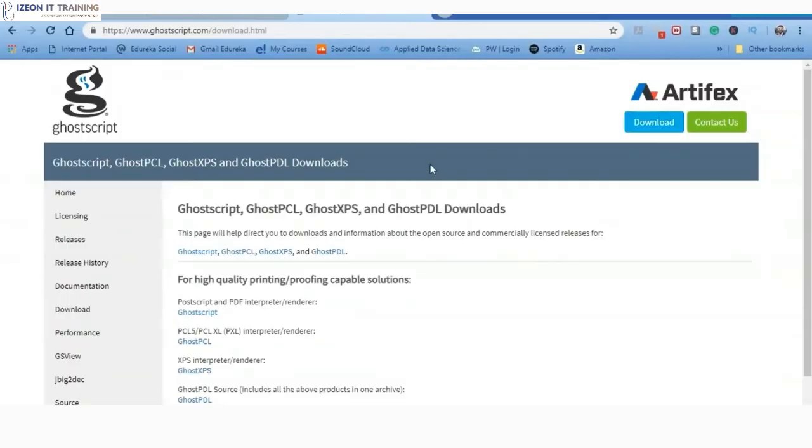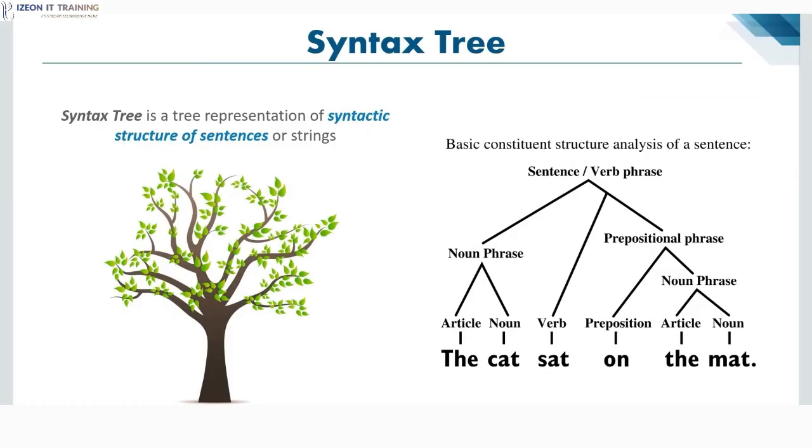So as you can see, we have two types of license here: the general public license and the commercial license. As creating syntax and following it is a very important part, it is also available for the commercial license, and it is very useful. I'm not going to go much deeper into what a syntax tree is and how we can do that. Now that we have understood what syntax trees are, let's discuss the important concept with respect to analyzing sentence structure, which is chunking.